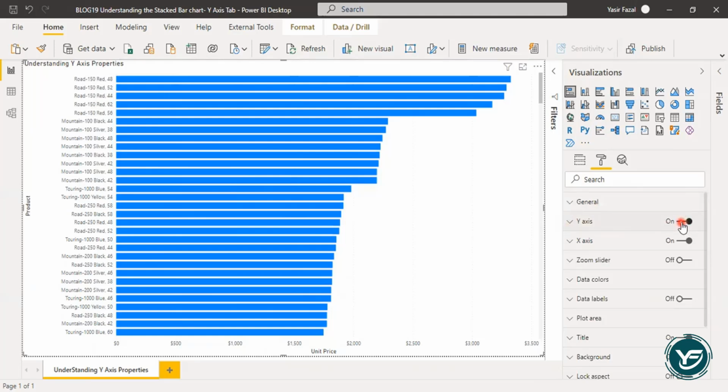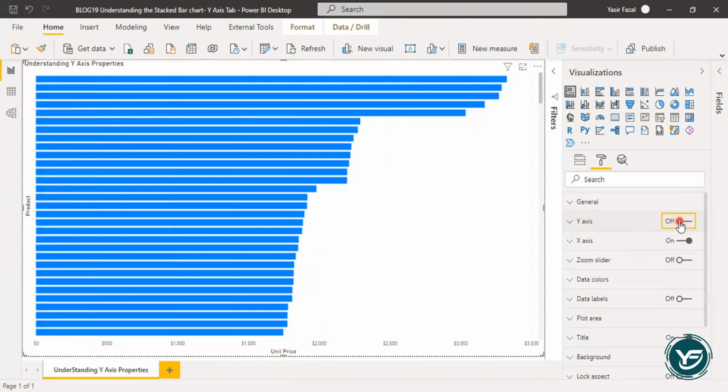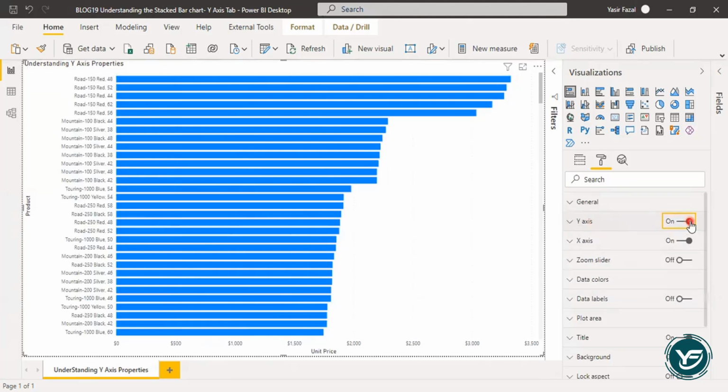If you would like to showcase the values of the y-axis, it should be on. Otherwise, if you click off, the y-axis will not be visible. So when I click on the y-axis, all the values of the y-axis will come in. Now I can play with them.